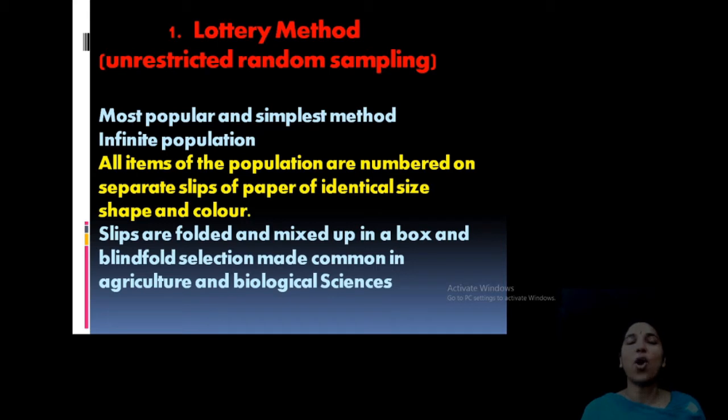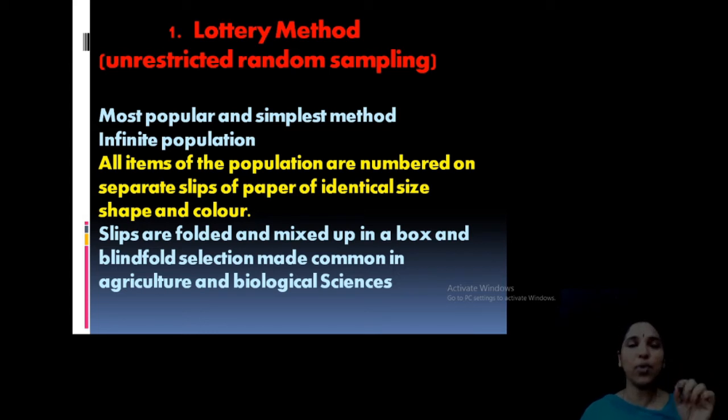We all take part in a lottery, but only one or two will be in the final list, the winning condition. How will they obtain that? That's random sampling. Clear? Every one of us has a chance to be included in that lottery, but only 1 or 3 or 5 will win. So that is what random sampling is.